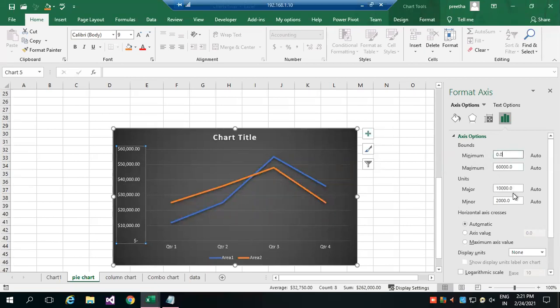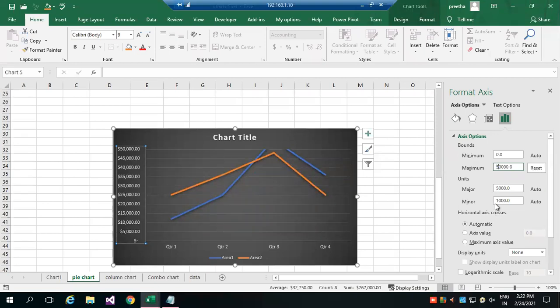Units starting from 1,000 and every time it has to increase by 10,000, or what is the range? Maximum is 60,000. This you can decide. For major, instead of 10,000 you can use a 2,000 difference. If I want to represent, for example, the maximum I'll go up to 50.